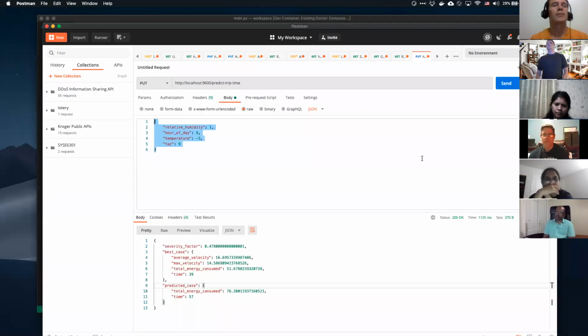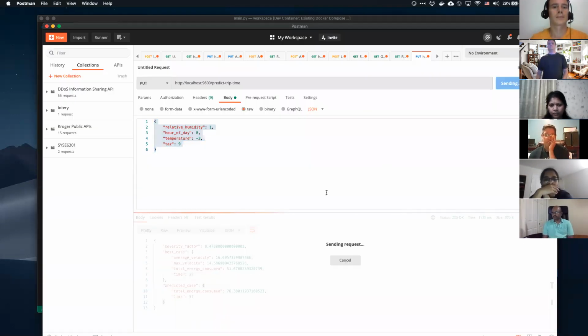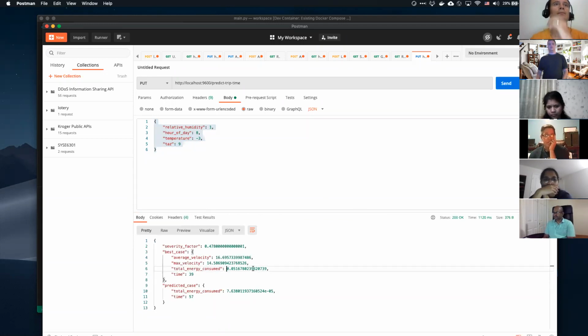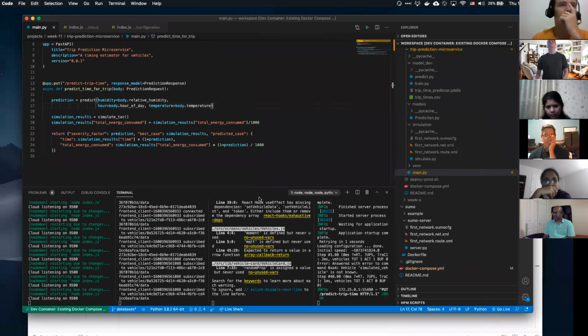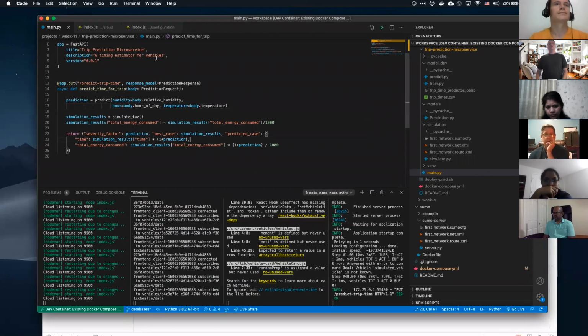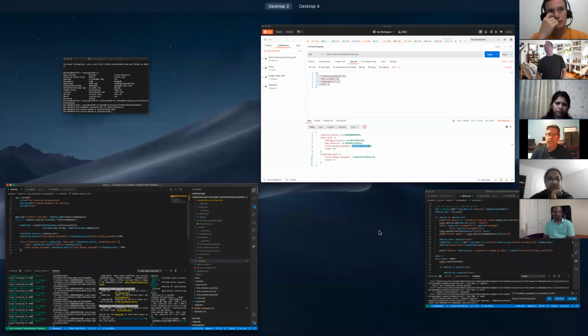Let's see if that still works. Yep, so now it's in kilowatt hours, not watt hours. Cool. When you're coding, you have to have a stream of consciousness, right? You always have to be thinking about all the different stuff, especially when you start talking about units. They're going to start to kill you real fast, as you guys know, in any kind of simulation. Okay, so we got that.